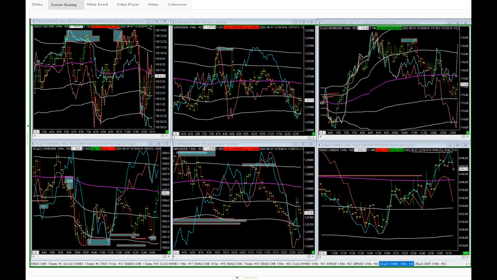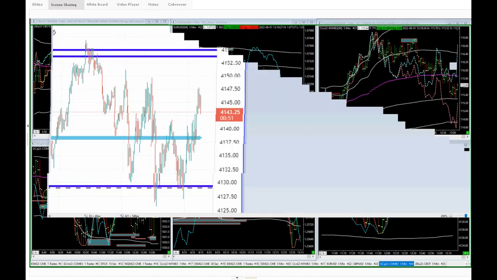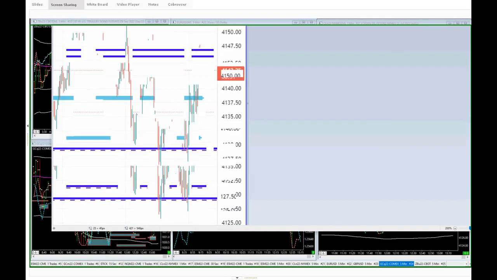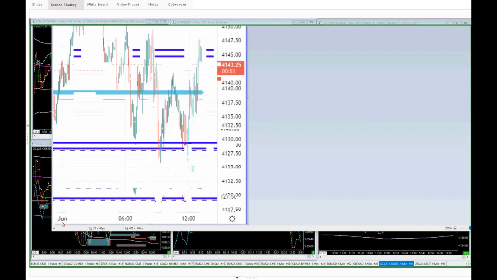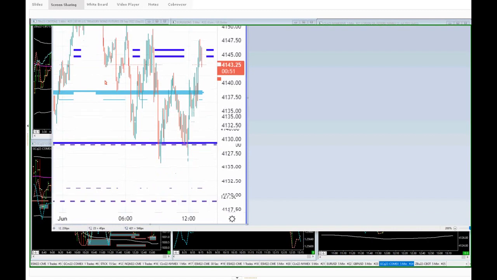We obviously give you these prices early as much as we can. We try and give you these prices as much as we can, as early as possible, so you've got a chance to start using them if you want to use them. But these are the levels we gave you last night, and this is now this morning. This is from the London session here. So we give you these levels about midnight last night, and you can see what's happened.